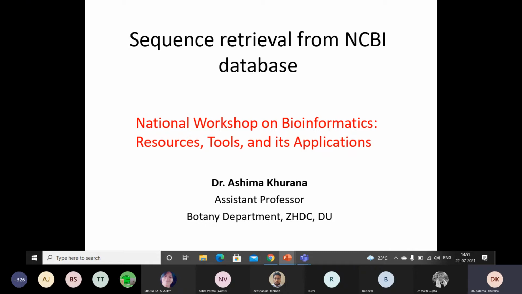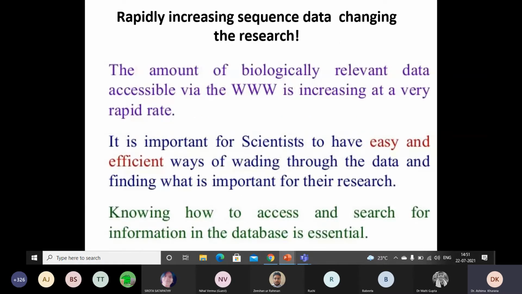In this workshop on bioinformatics, I am going to present how to retrieve sequences from the NCBI database, and I am going to touch upon some basics on that. With the advancement in sequence technologies, as we all know, a massive amount of data is generated today.